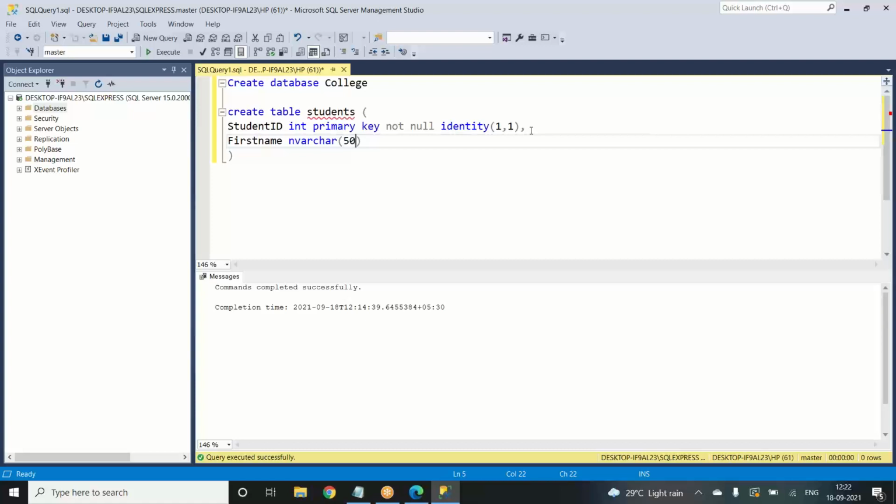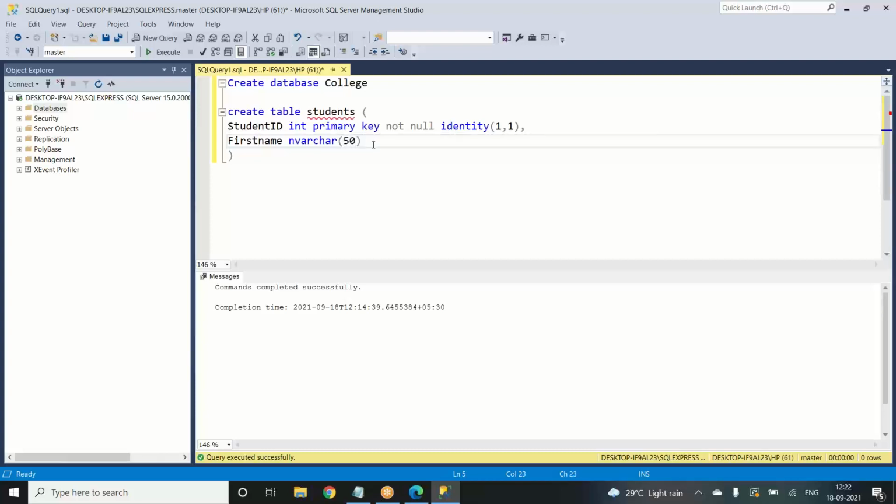So we have CHAR, which means character, and VARCHAR, which is a variable and character combination, and we have nvarchar, numerical variable and character combination. So you can use any of it. And inside the bracket, the 50 which you're seeing is a limitation. So no matter what the name is, it shouldn't exceed more than 50 letters. If you keep it 10, that means it shouldn't exceed more than 10 letters.